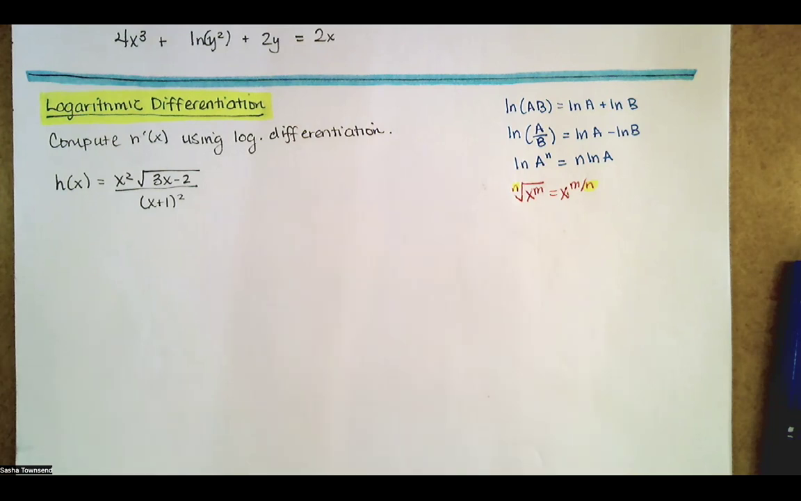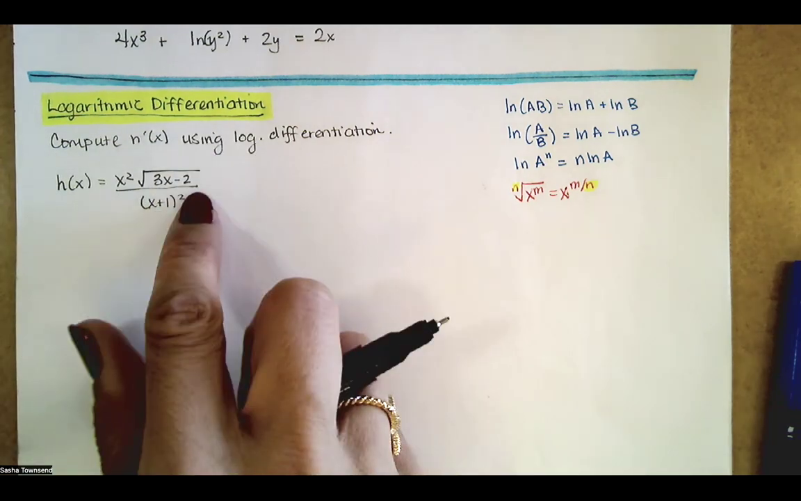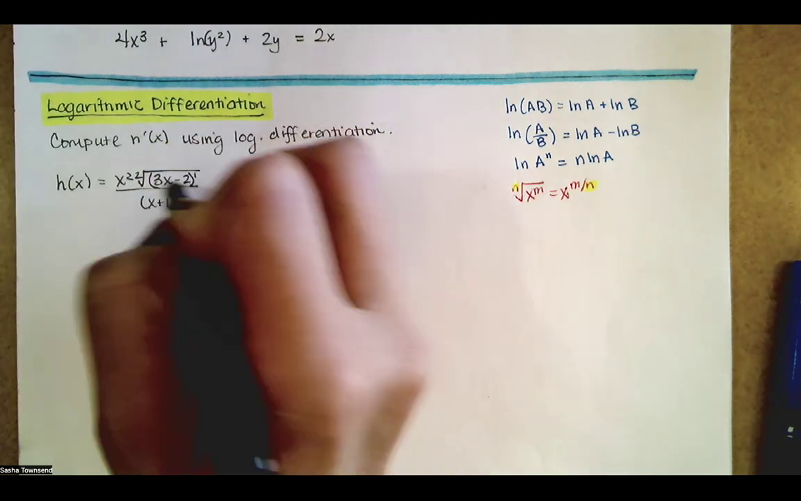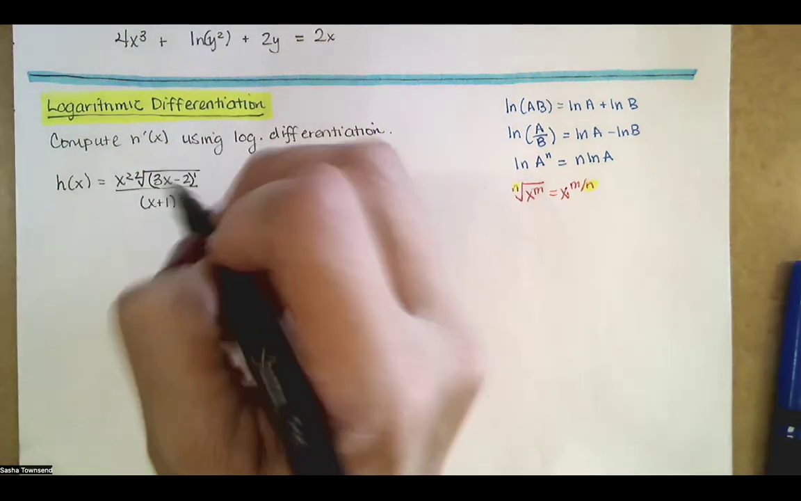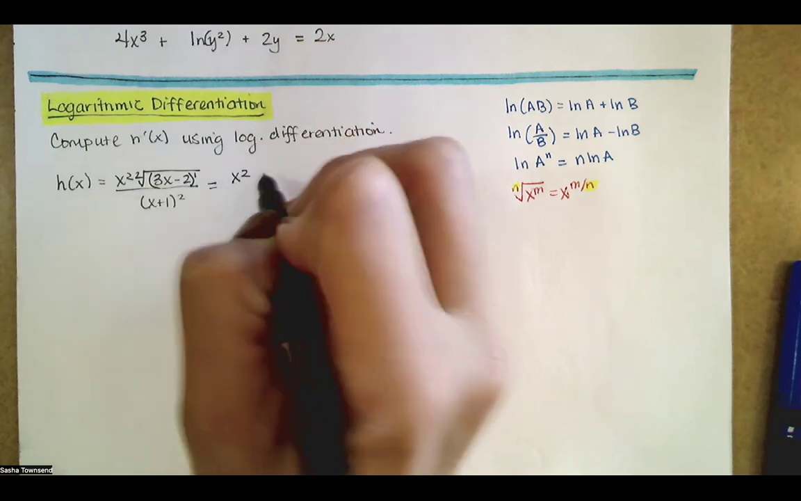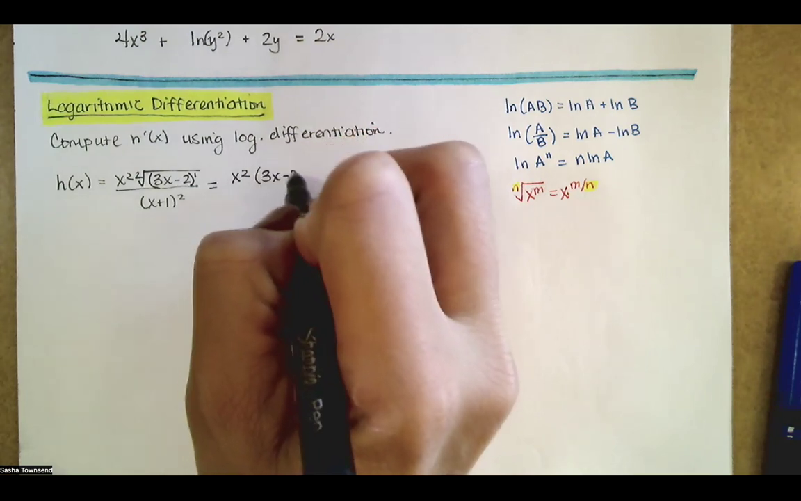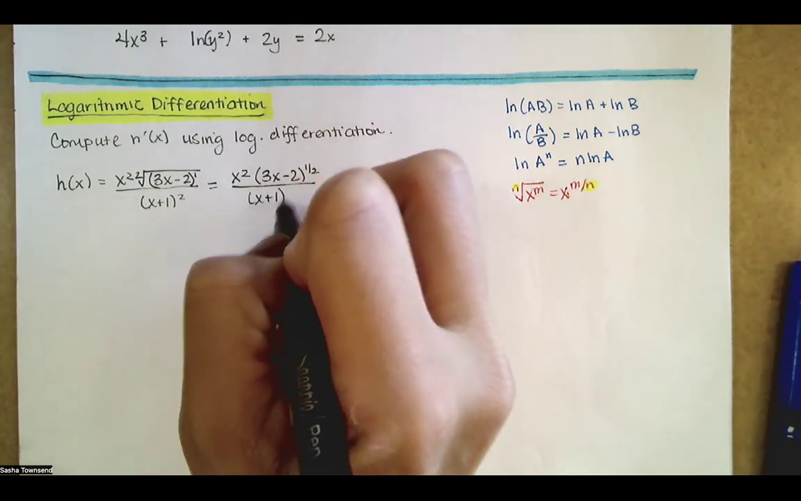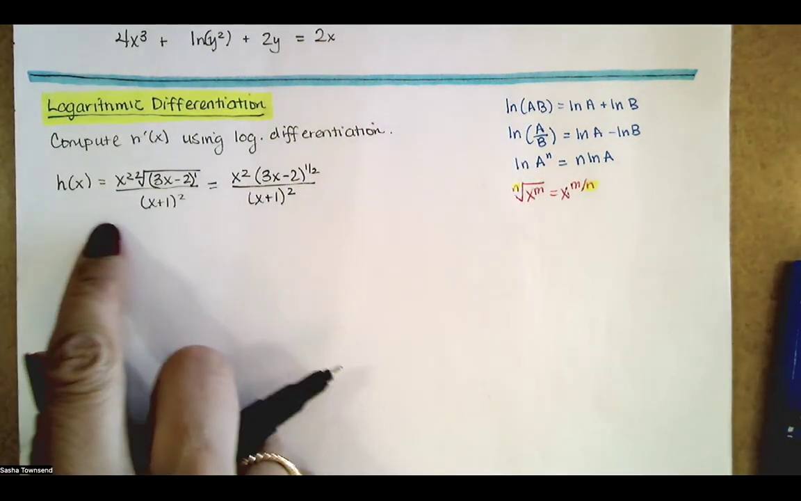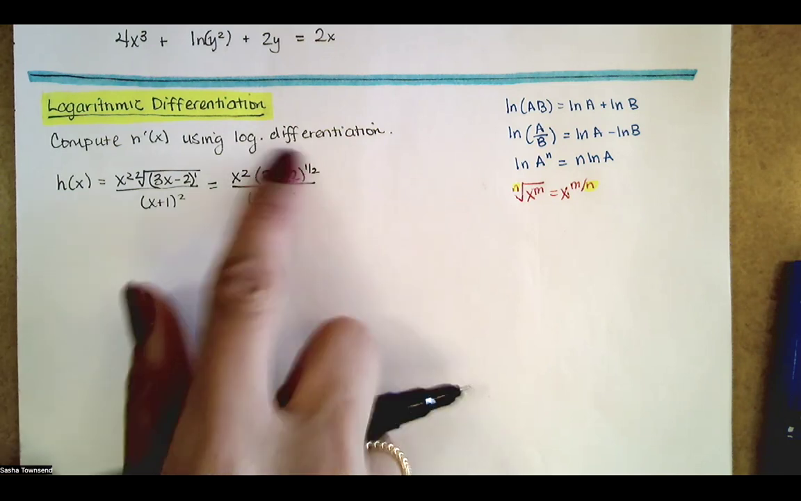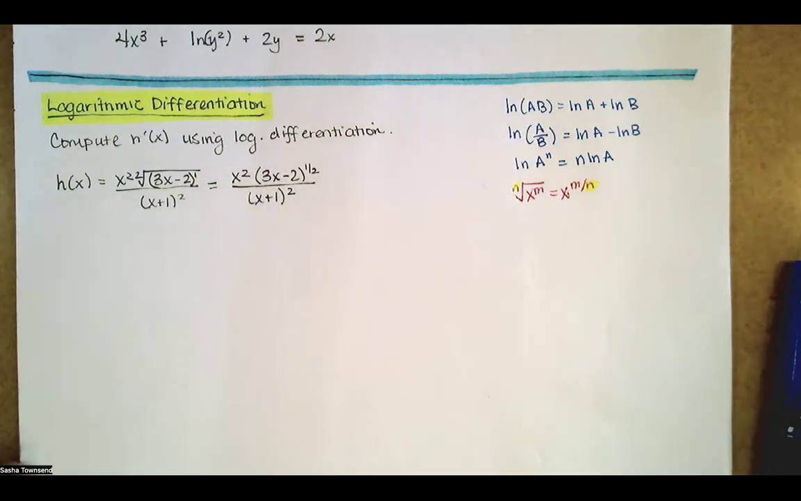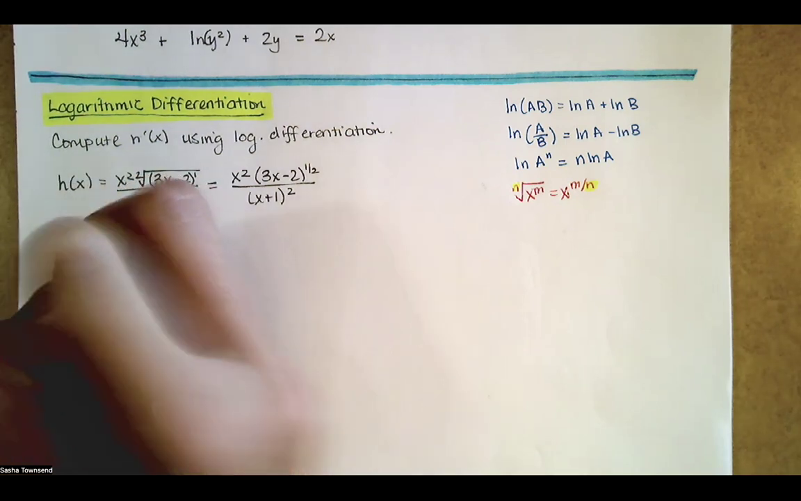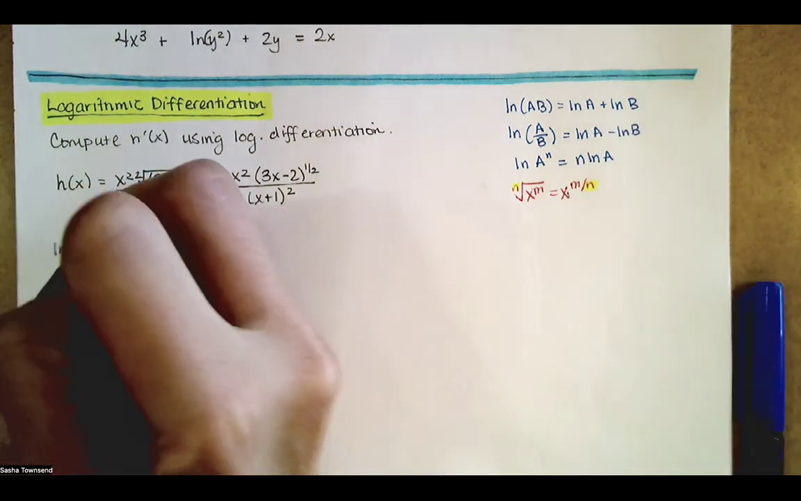I can compute h prime by first rewriting this. That square root I'm going to rewrite as a 1/2 power on that function 3x minus 2. So this is x squared times 3x minus 2 to the 1/2, all divided by x plus 1 squared. And now we can take the logarithm of both sides and then simplify this side using these log properties. So let's do that. We'll have the natural log of h of x